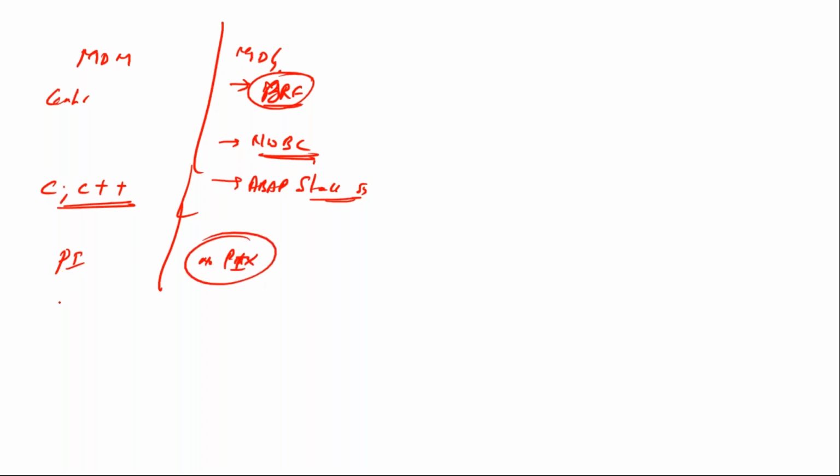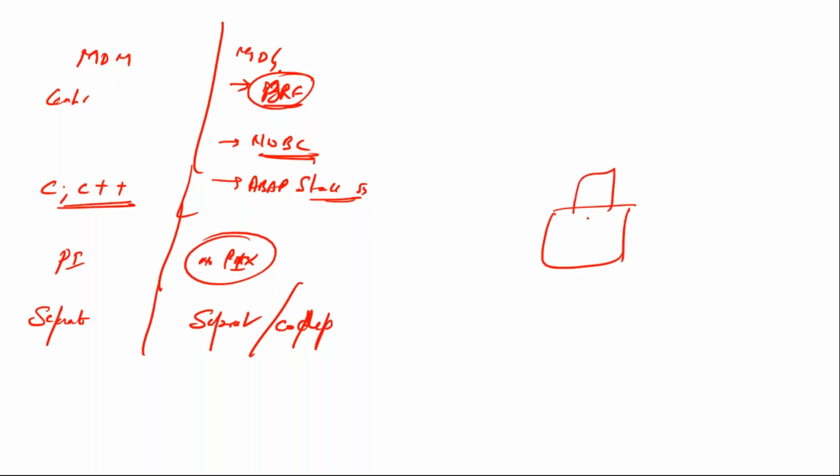Your master data management was always a separate system. Here you have an option where it can be kept as a separate system, or it can be co-deployed. A co-deployed system can be kept on top of your existing system. So it can be kept separately, or you can deploy it on your existing system as an ECC add-on or an SAP S/4HANA add-on. You can maintain it either way.